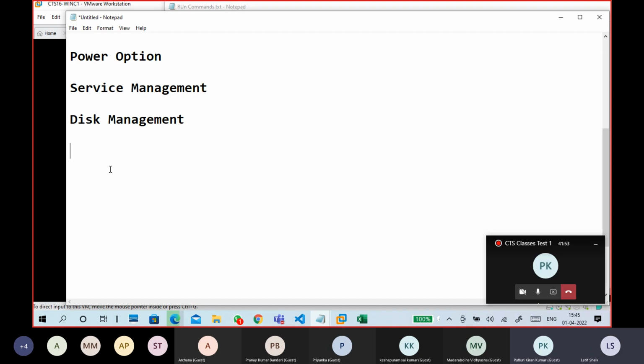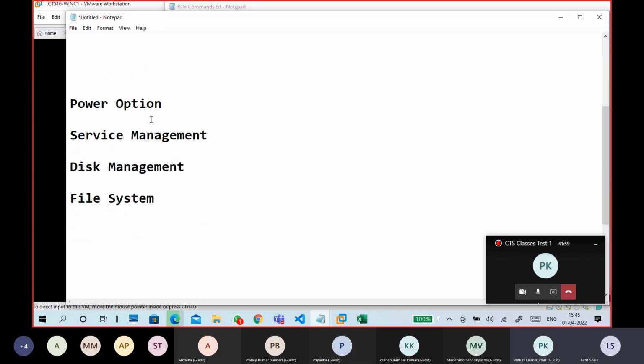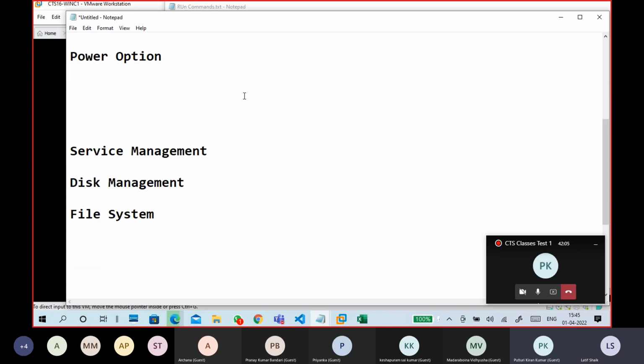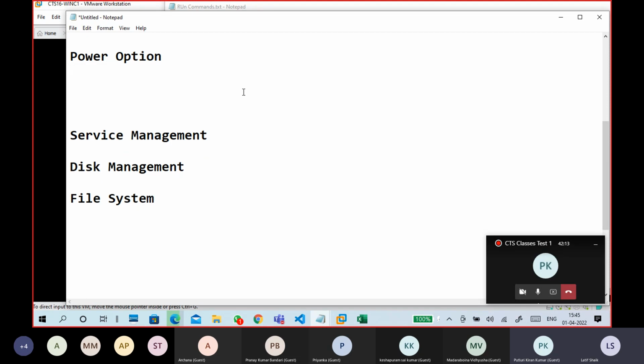In disk management, again, file system is important, so then I will explain the file system. If you cooperate and keep answering, responding fast, then automatically maximum things we will cover. Actually it is a 2 days full day kind of stuff. So Monday afternoon again I will take the class.